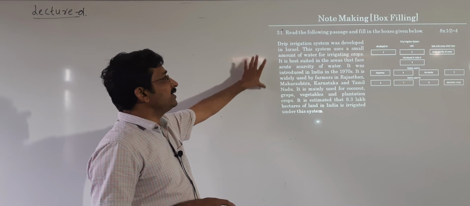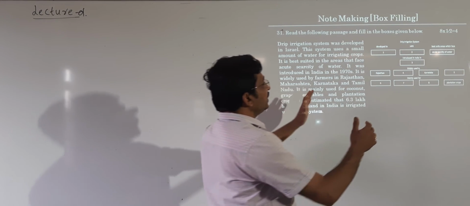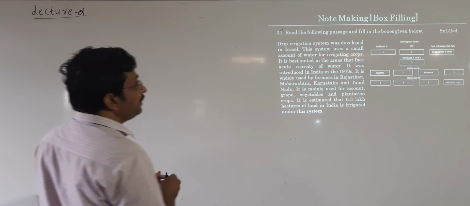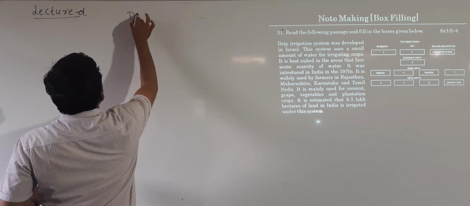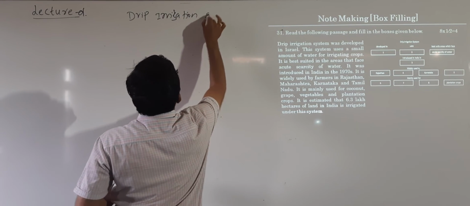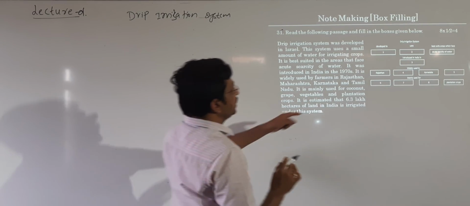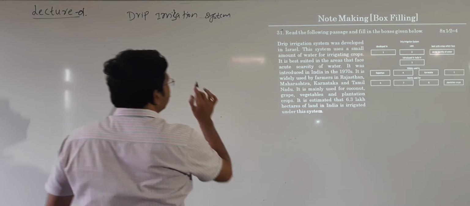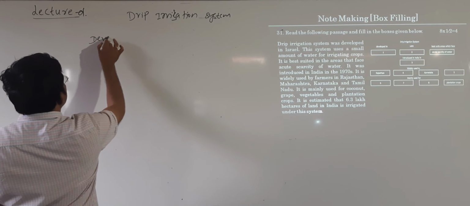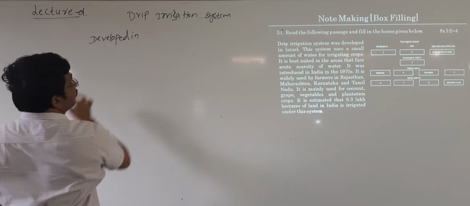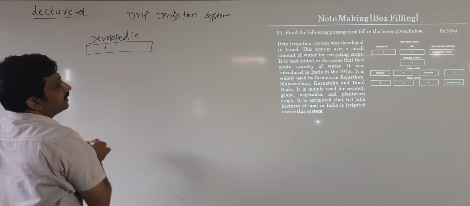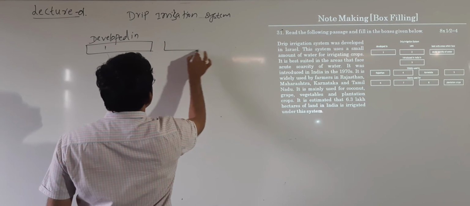So, this is the passage given about the drip irrigation system. Now, what are the boxes given over here? That we have to answer in the given boxes. Now, drip irrigation system, it is given here. First one, developed in. Developed in one box, one. Second box,